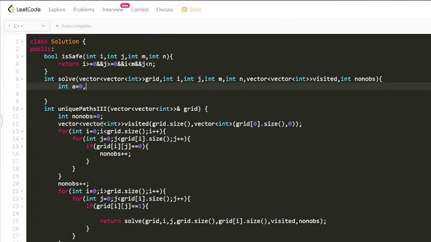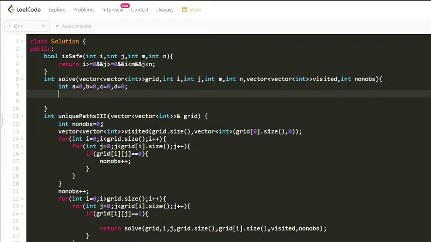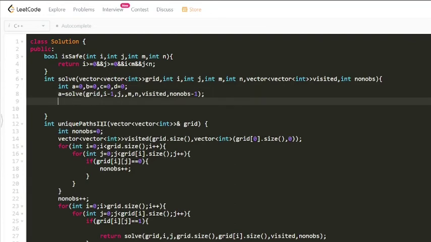So let's take 4 variables, a, b, c, and d. Okay. So let's consider a to be the up function, that is if the robot moves in upward direction, then our i will be decremented by 1, j will remain the same, m n will remain the same, visited will be like visited, and the non-obstacles will be decremented by 1.